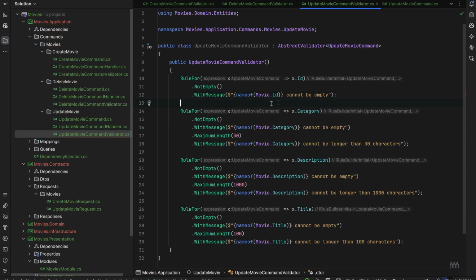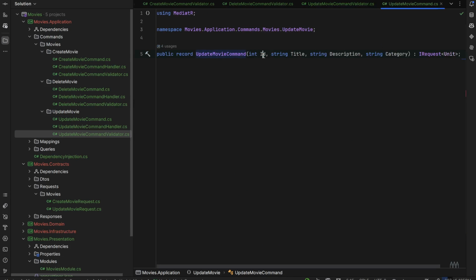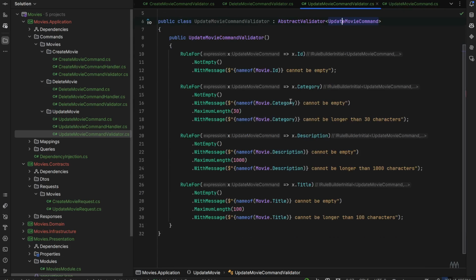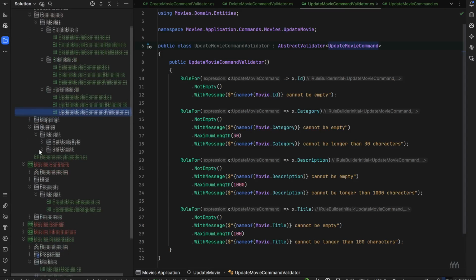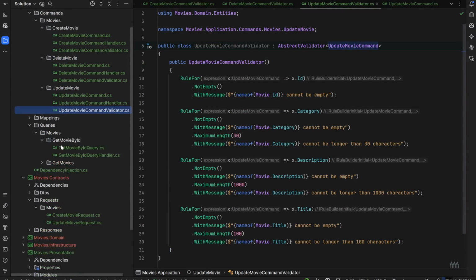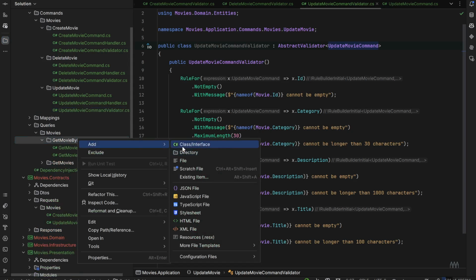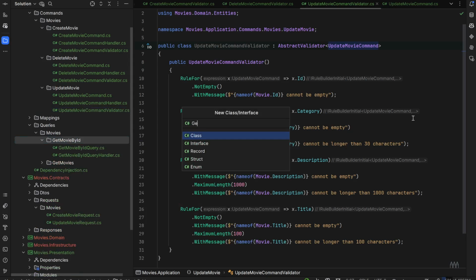That movie ID from this movie command cannot be empty as well in order to update the movie that we have in our database. Now the last validator that we'll create is for the GetMovieByID query. And it will be the simple one, so GetMovieByIDQueryValidator